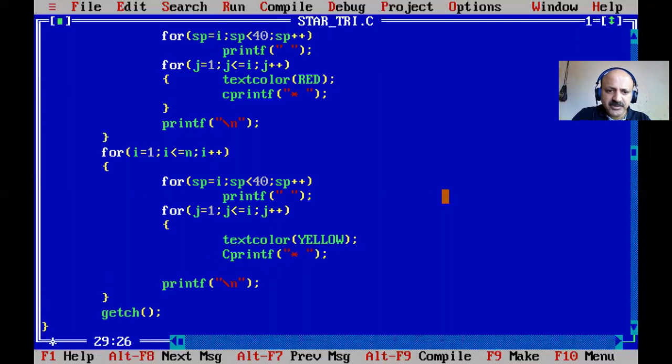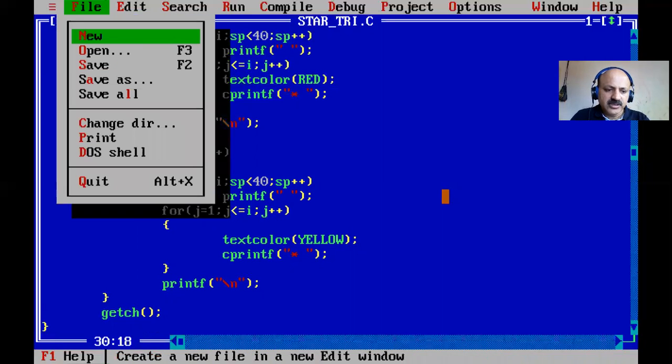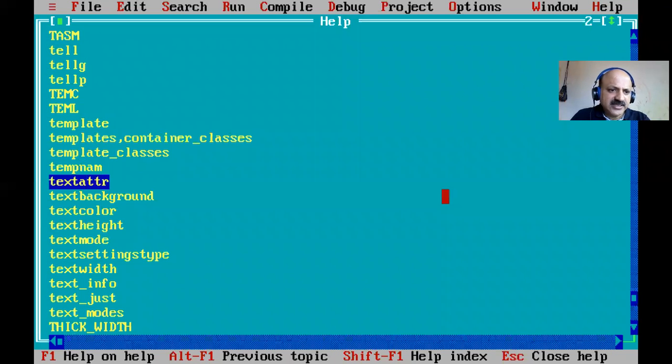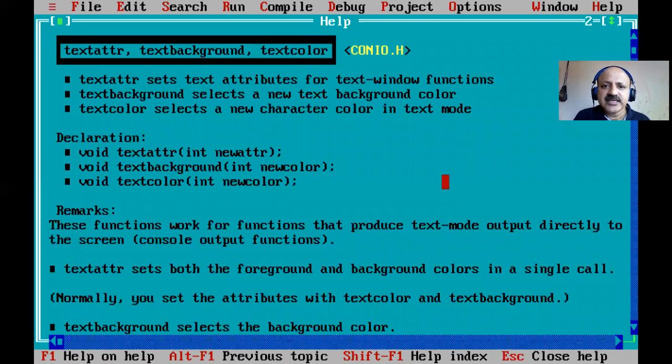So here cprintf in small letters. Yes, caps lock is on. So now I close, and first I show you, and then we can go to Alt+F1, the help menu, and text color. Here you can also provide text background and text color, and that is in conio, console input output, which will not require any extra header file.